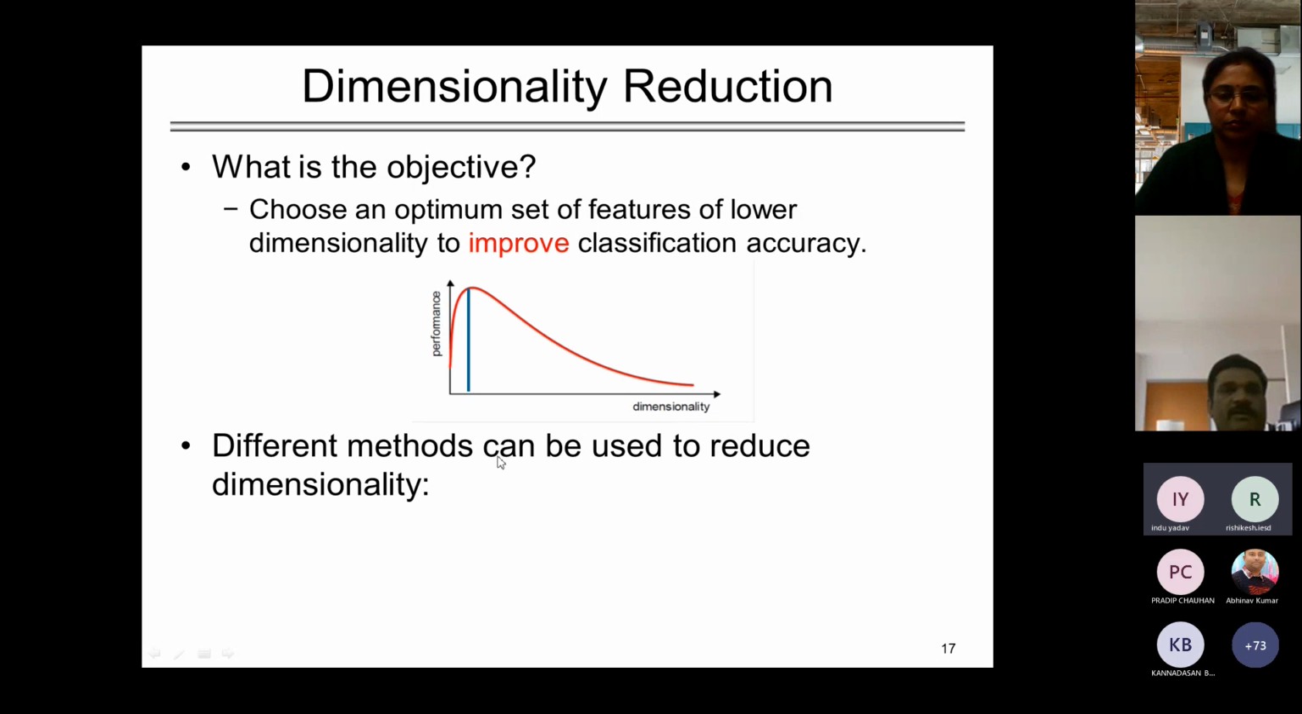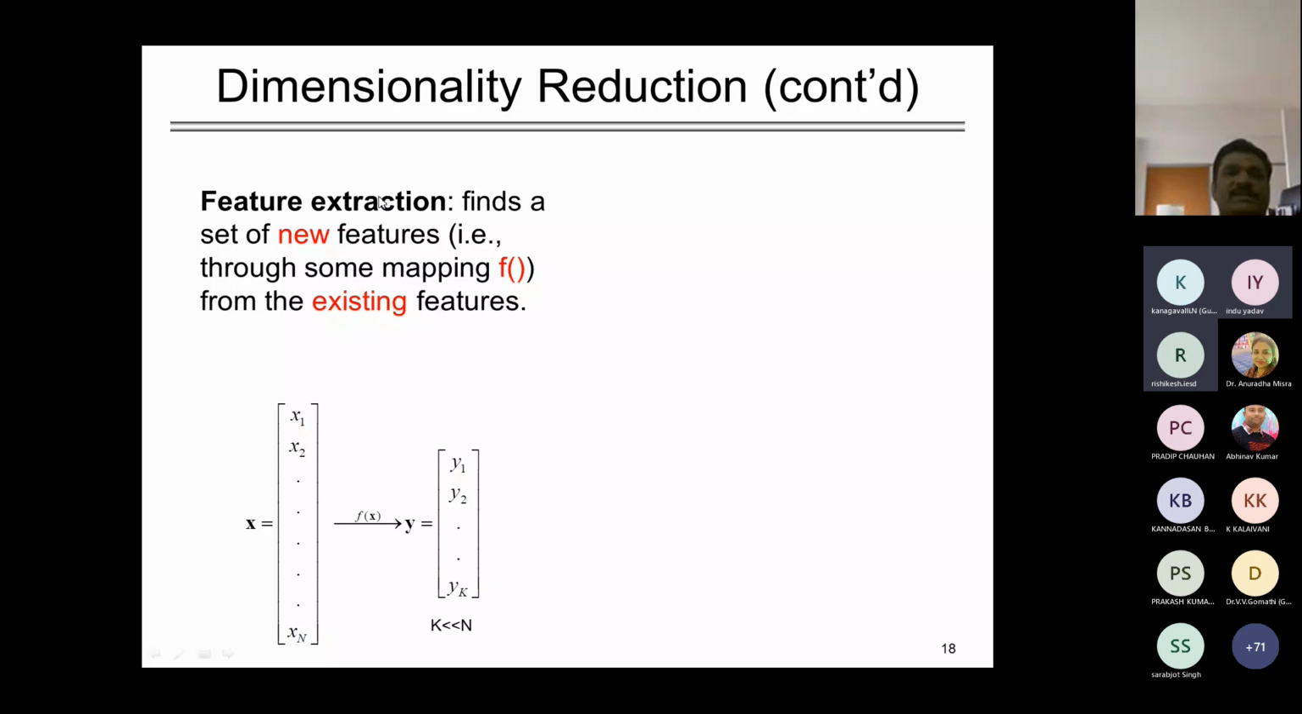Different methods can be used to reduce dimensionality. First is feature extraction, then feature selection. Feature extraction finds a set of new features, that is,